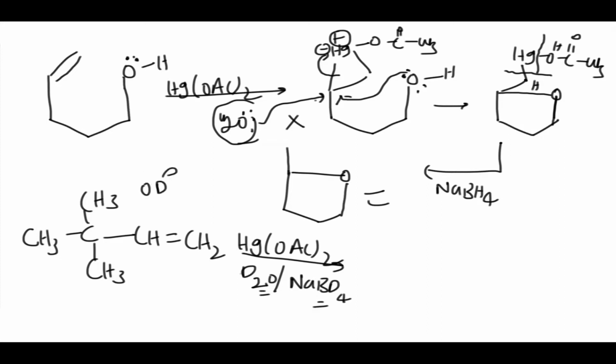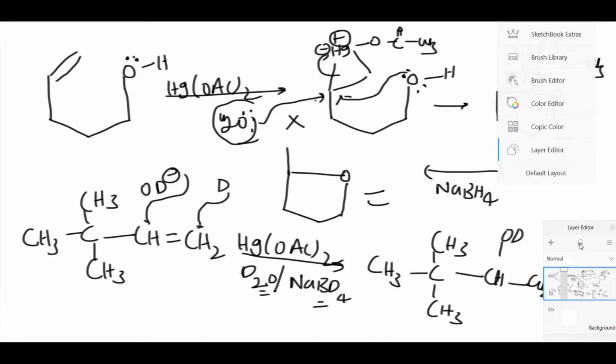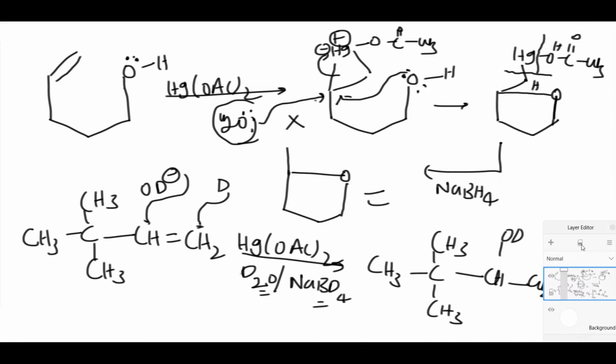From this D2O, OD minus is attacking according to Markovnikov's rule, from NaBD4 D is attaching to this carbon, then you are going to get CH3 CH3, so CH3 CHOD, here this is CH2D. Okay, this is our product. These are all the applications and technique for oxymercuration and demercuration. Please follow all these examples, and all these are easy only.